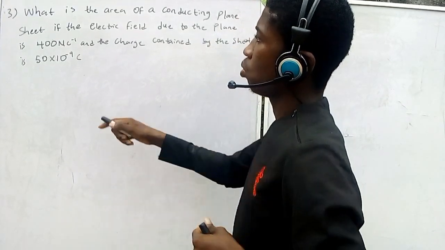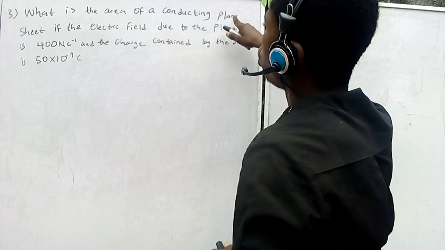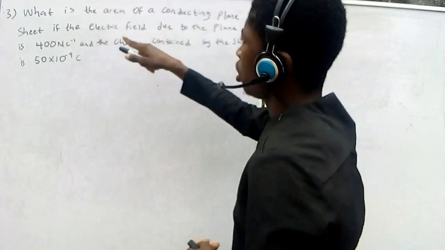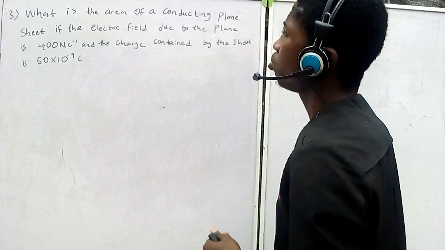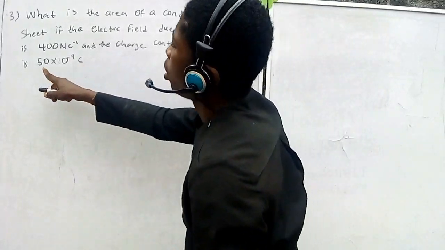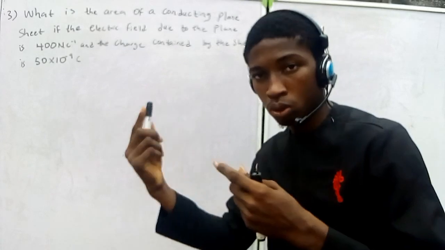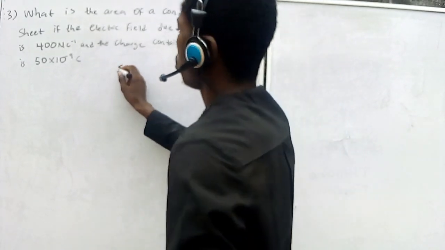Question says, what is the area of a conducting plane sheet if the electric field to the plane is 400 Newton per coulomb and the charge contained by the sheet is 50 times 10 to the power -9 coulomb? So the charge, so Gauss law comes to your head. Alright, so solution,